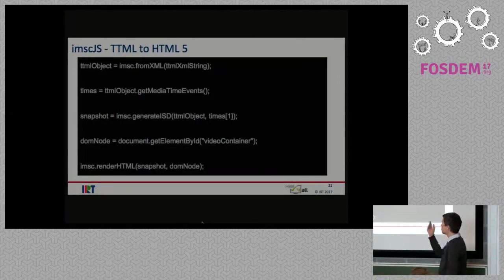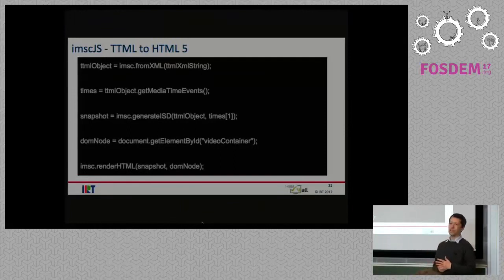So let me show you how easy it is to use. Once you have your XML file loaded in an XML string, you can use the fromXML method from the IMSC object, and then you get back a TTML object. And the TTML object has another function that gives you all media times, which are the times where subtitle presentation changes. And by going through this array, you can generate a snapshot, a representation of the TTML document for that specific time.